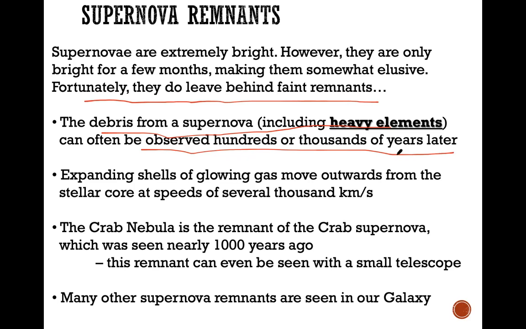Now, this Crab Nebula is actually something like that. That's a remnant from the Crab supernova, which happened around 1,000 years ago, right? This Crab Nebula can be seen even from a smaller telescope, right? And there are many other supernova remnants that you can see like that in our galaxy,